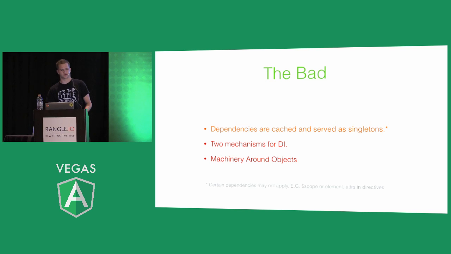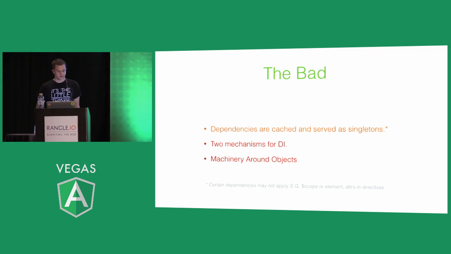How many times have you wanted to create new instances and you're beating your face against the keyboard because you don't want a singleton, but they're giving you back the cached instance, and you want new instances over and over? And so you're sneaking around it by using factories that return factories. Or, there's a ton of different mechanisms. Unfortunately, because of this problem, Angular has two mechanisms for dependency injection